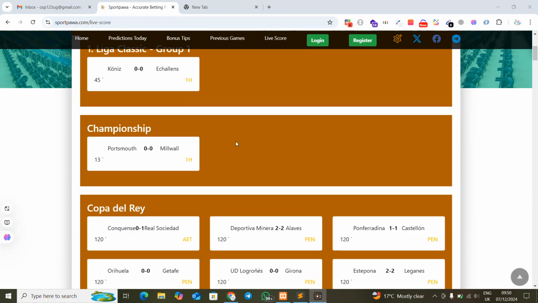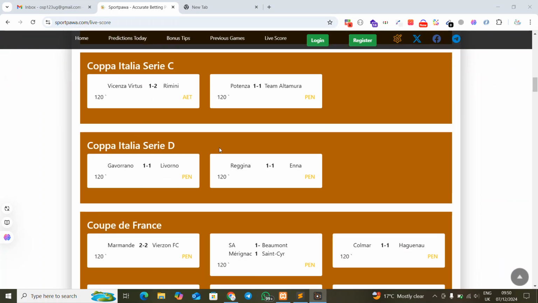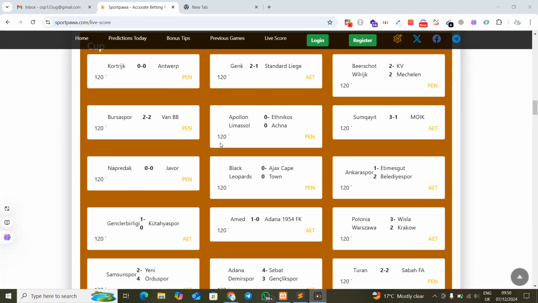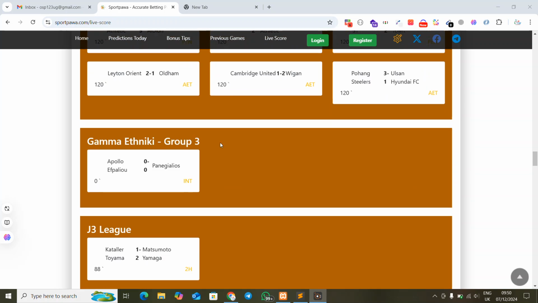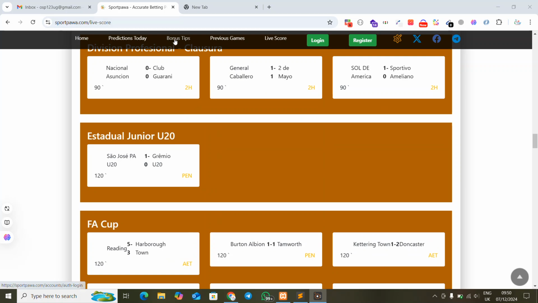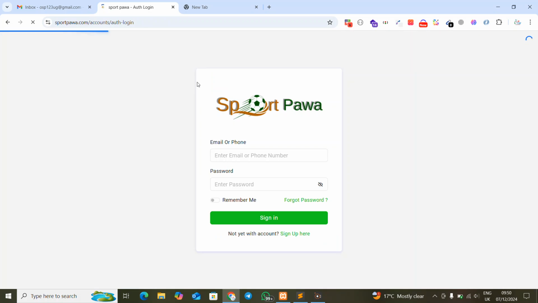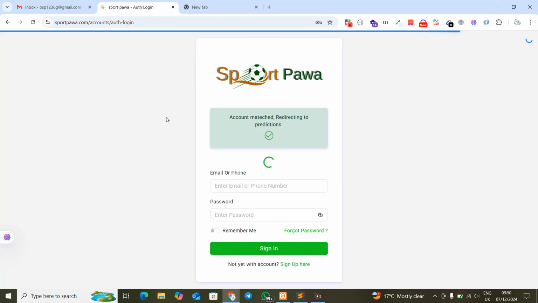Okay, so as you can see, this is for live streaming, which I've said is for live games, where you can see the games, how they're performing, which game is on, something related to that, displayed for you up here. Now, we also have the part for bonus. This is much more like correct scores. So you just have to log into your account. You can use a phone number or your email address to access the system. It's a very simple process, an easy process for you as well.